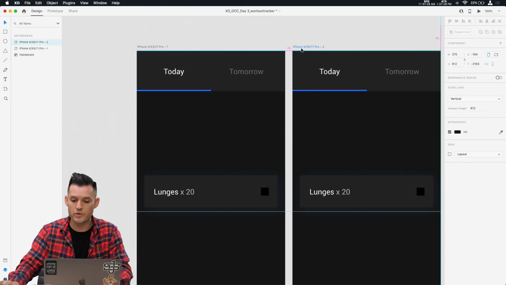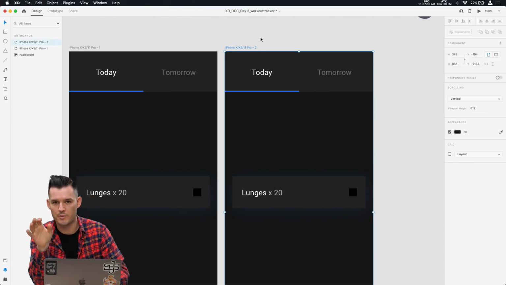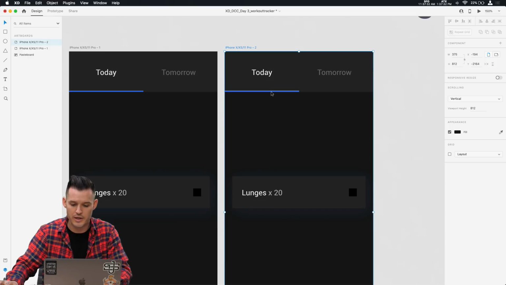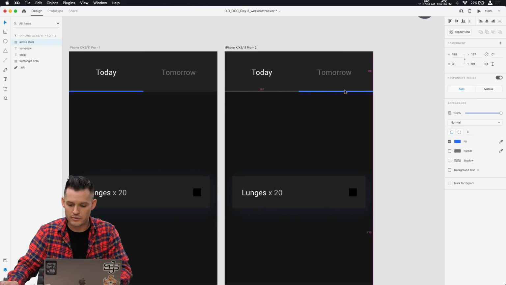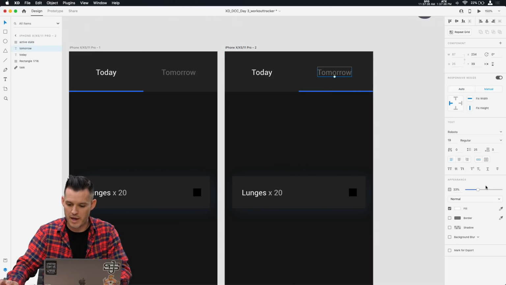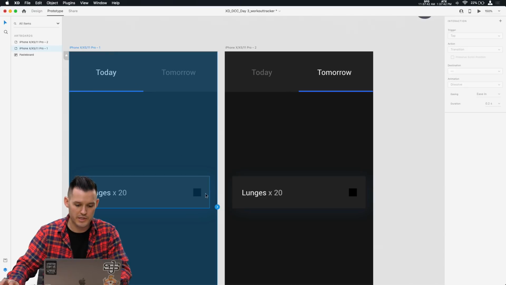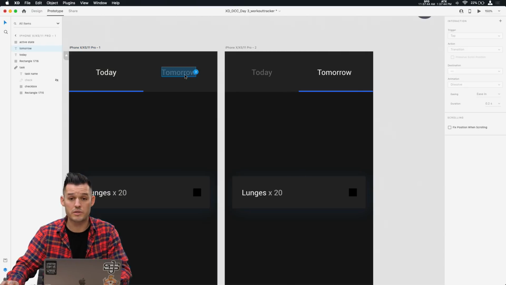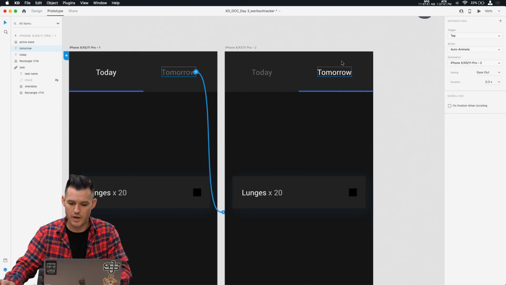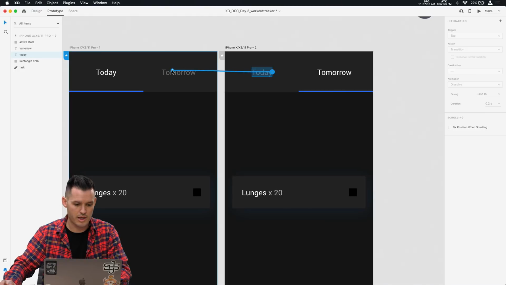Now, if we were to create a new artboard that had those same exact elements, this is Auto-Animate 101. Let's do it. We would just slide over our element we want to work with. We would make our changes. That means bring this up to 100% and that one down to 33%. And we'd head over to our prototype tab and we can choose the element we want to prototype from. So this is our trigger point. We're just going to drag that line over and we are going to choose Auto-Animate. Then we can click this one and drag back.